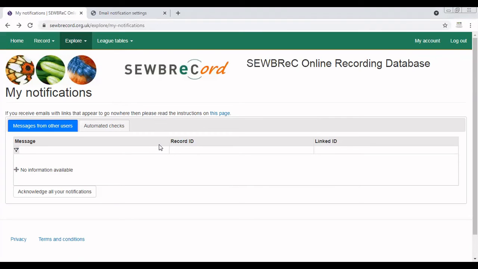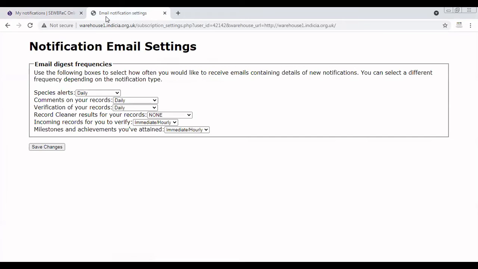So as well as finding the notifications on the web page, you will also be emailed them, both the messages you get directly from experts and also the automated checks. And when you receive one of those emails, you will be able to amend the settings for how many emails you get, basically. And if you click on the link in the email, it brings up this page. And you can change whether you get record notifications daily, immediately, weekly, never. So species alerts, the comments, whether something's been verified,